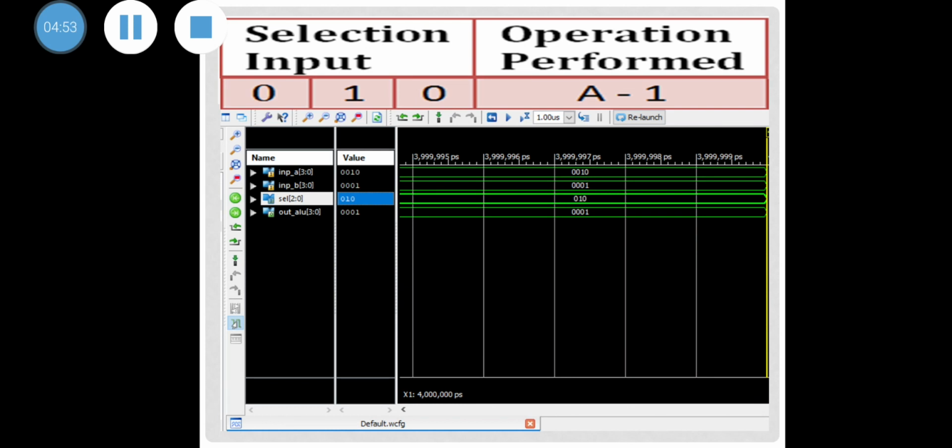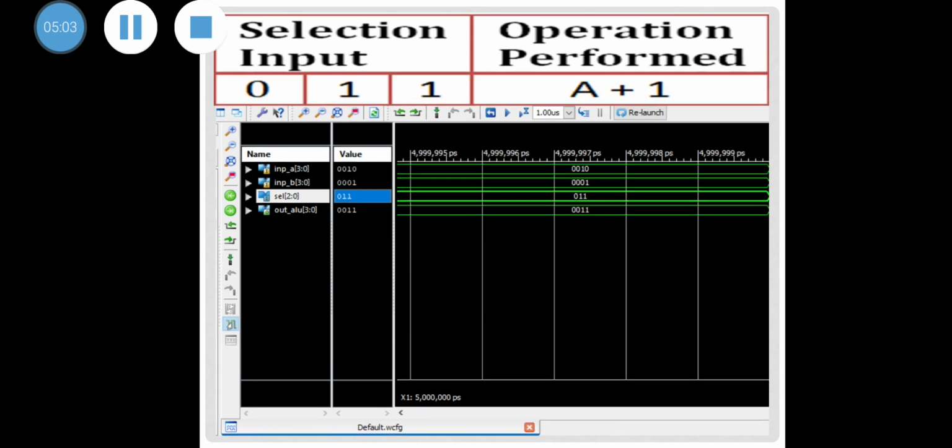For select input 010, this is the output, and subtraction operation will take place, that is binary 1 will be subtracted from 4-bit input A. For select input 011, addition operation will take place, but binary 1 is added to 4-bit input A.